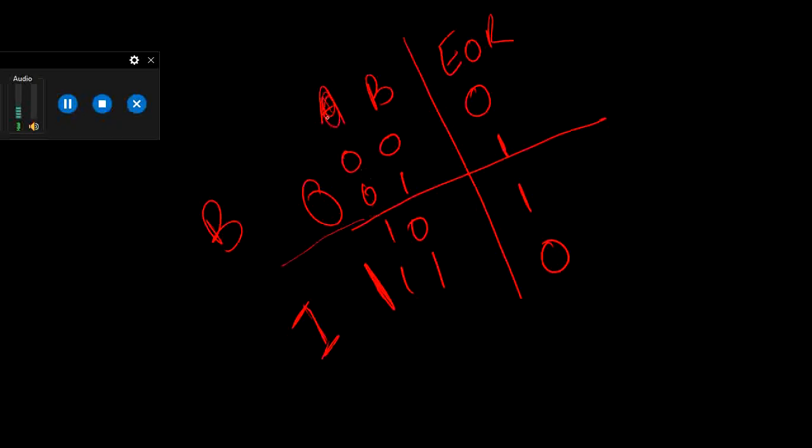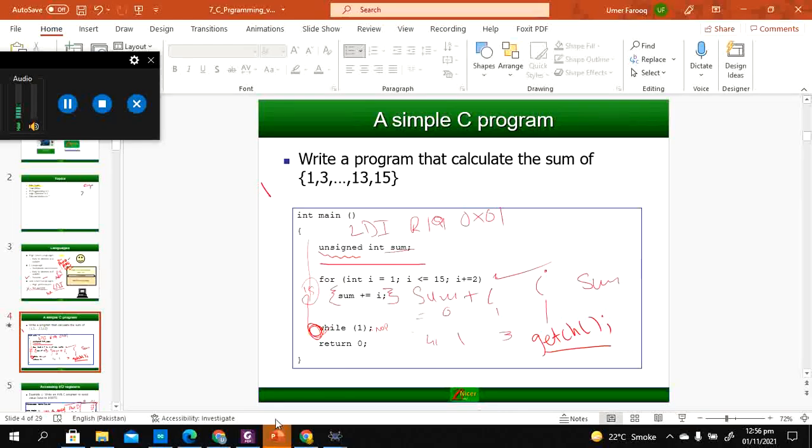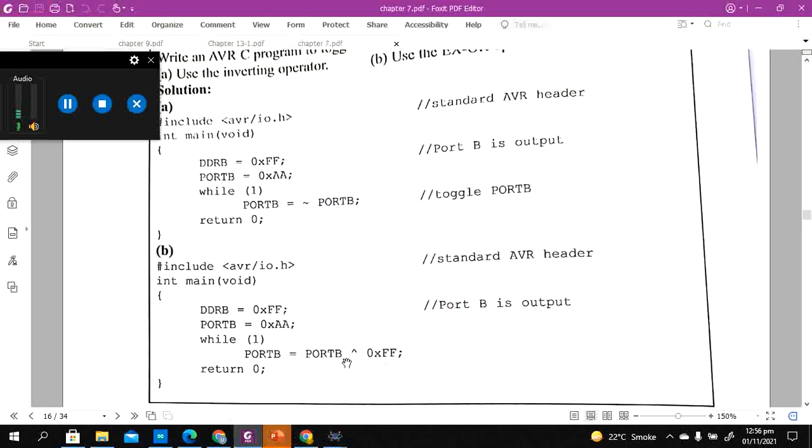So consider this input is the control input I. If I give it 0 and apply the XOR operation, whatever is at B will remain at B. But if it's a 1 at the programmable input, the input is going to be inverted. This similar thing is basically shown here in these examples.